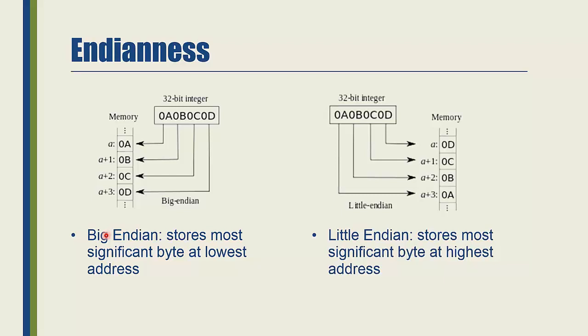The opposite is little endian. This means the least significant byte of the data would be kept at the lower address or little address. The end or least significant byte will be put at the lower address, the little address. You can see here the ordering of the same data in the two approaches is actually reversed. Over here, 0A is at the top. Over here, 0A is at the bottom.